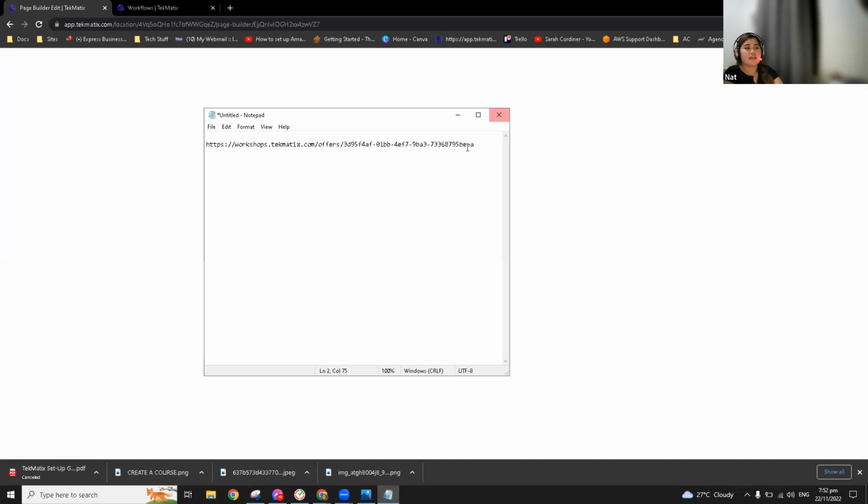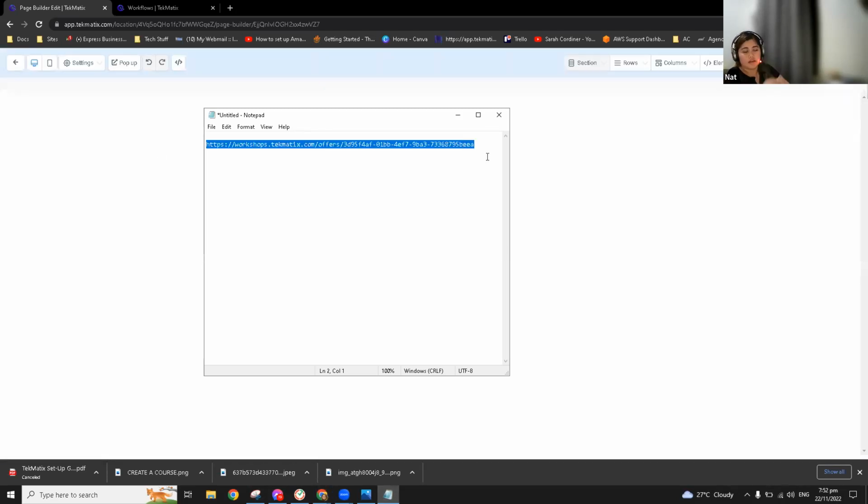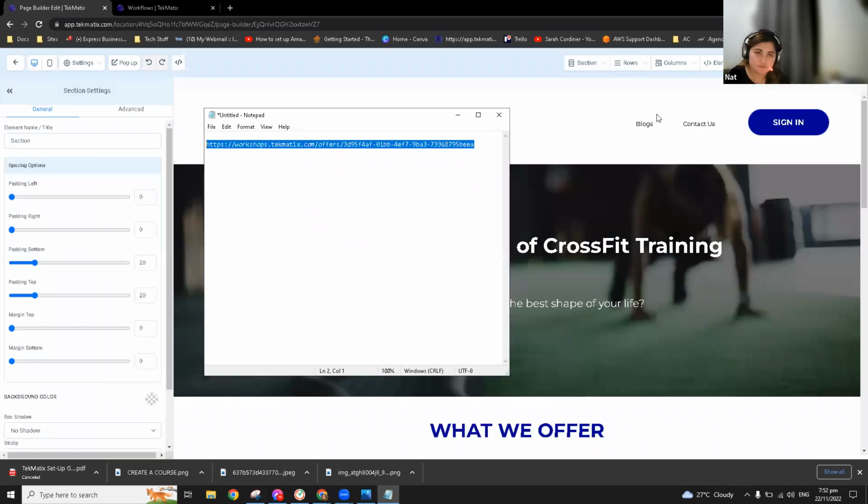What I need to do with my offer link is link it to a button on my website. If you're using WordPress, you can directly do that, or you can embed forms and stuff like that with WordPress. But what we did with Sarah's WordPress account is we get the offer links from the Tekmatix offers and link them to the buttons on her site, so we don't have to migrate things over since we have over 300 pages. Let me copy this one.